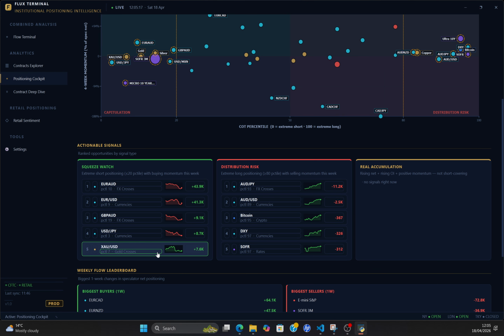So for this week, that tells us which pairs are on sequence watch, and we have the distribution risk on these ones. We don't have any real accumulation